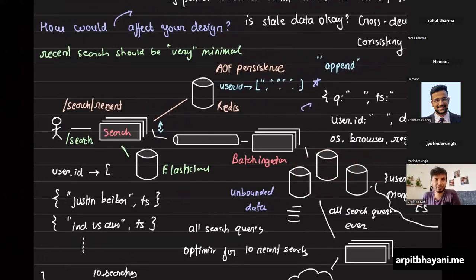Given that it is optimized for high write ingestion, getting the most recent 10 searches by the user is not a very easy query for this database. So that is why we have to make this other database the source of truth. That's why we are configuring it in a persistent mode. AOF persistence you can go with, append only file, that's what AOF stands for. But what we have to do now is maintain two copies, two writes, one on Kafka